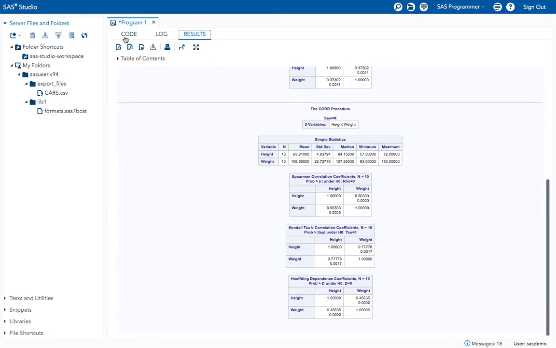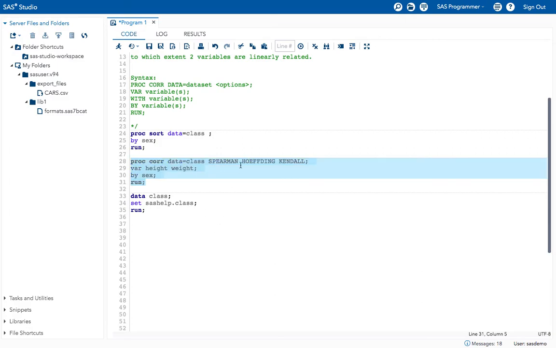Why? Because I didn't mention it here. By default, if you don't mention anything, you will get the Pearson correlation table. If your requirement is to print the table for Spearman correlation, then you can mention Spearman in your proc corr step itself.